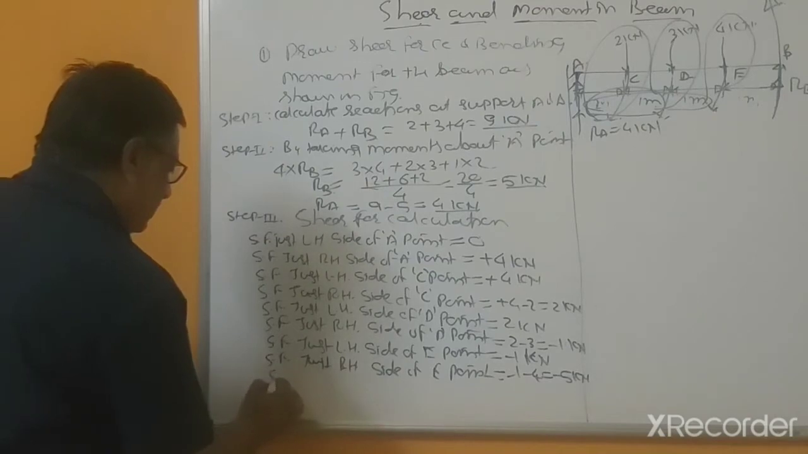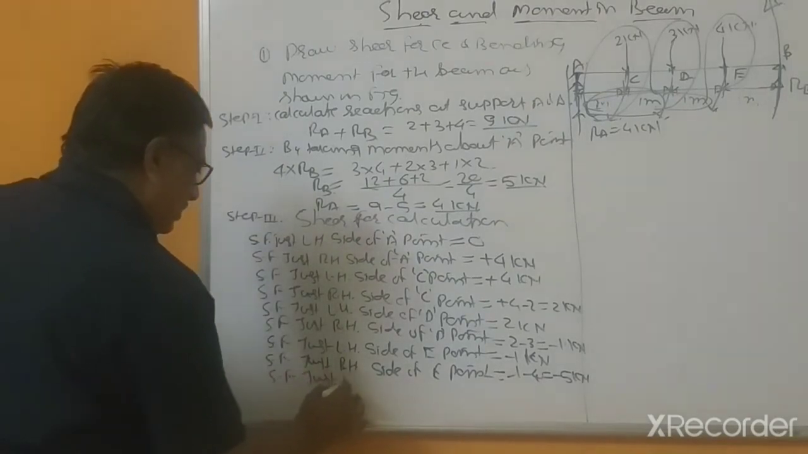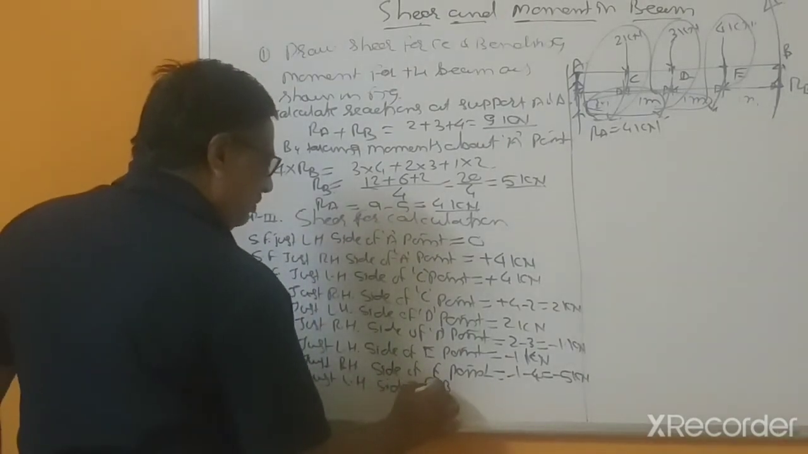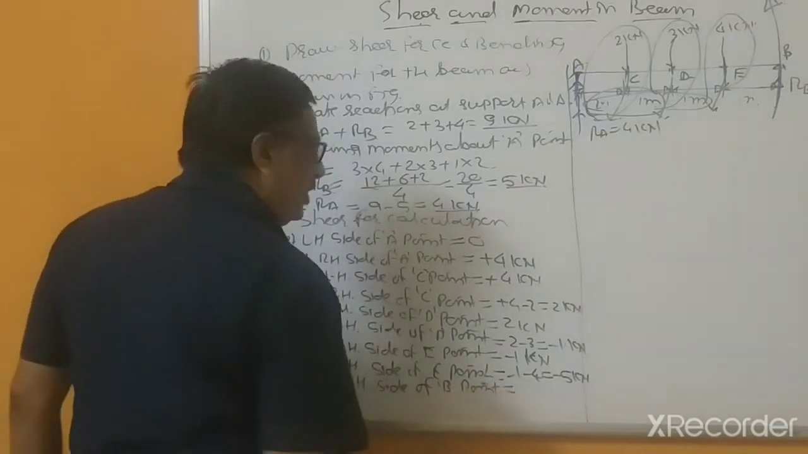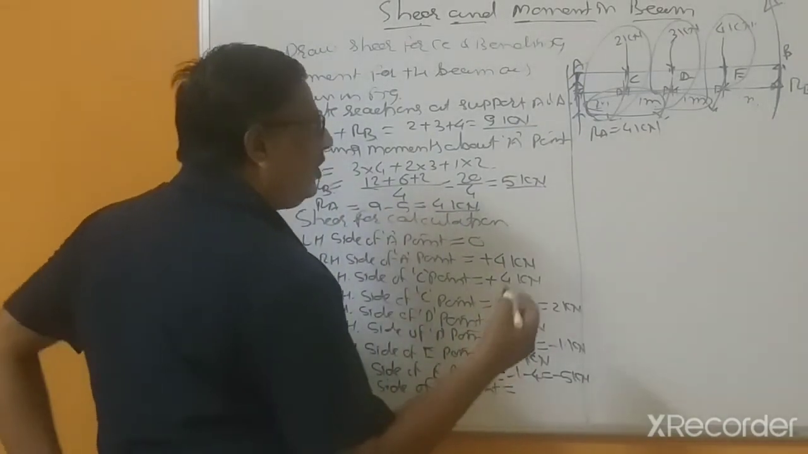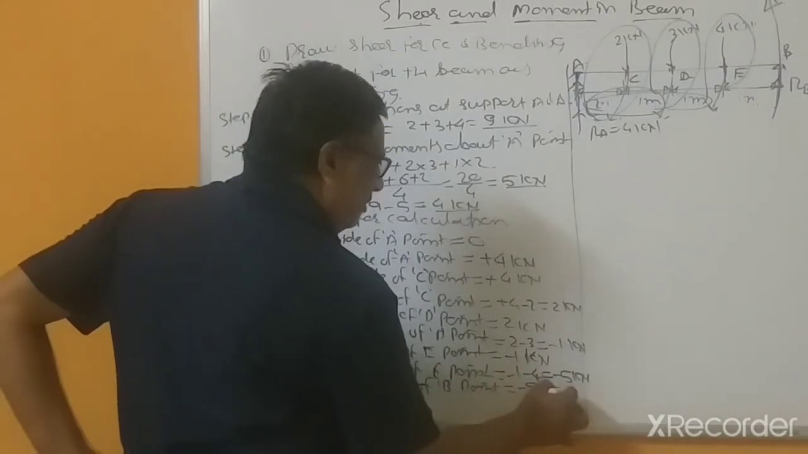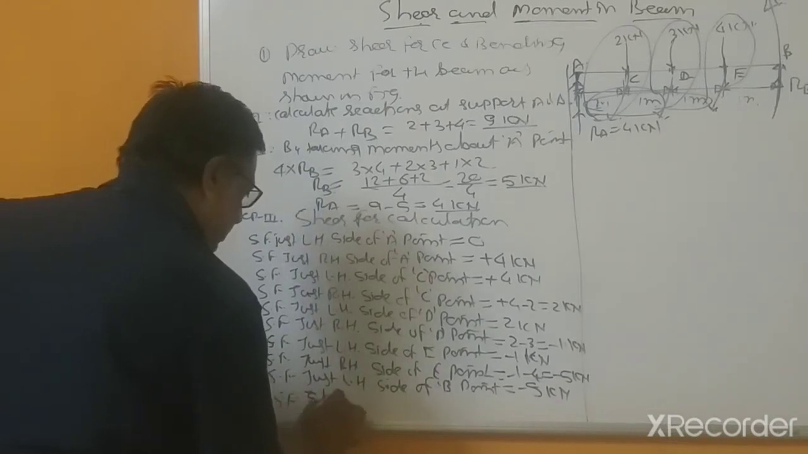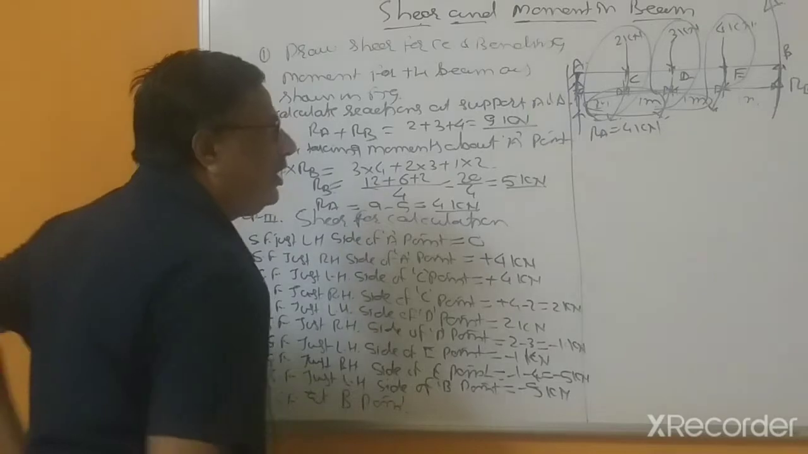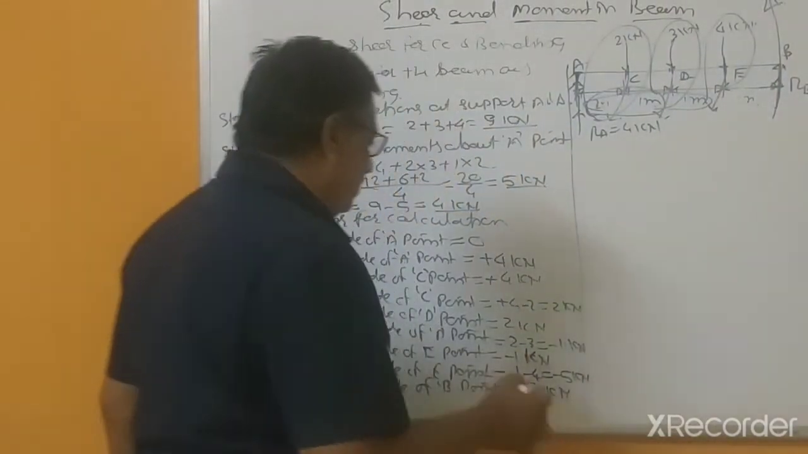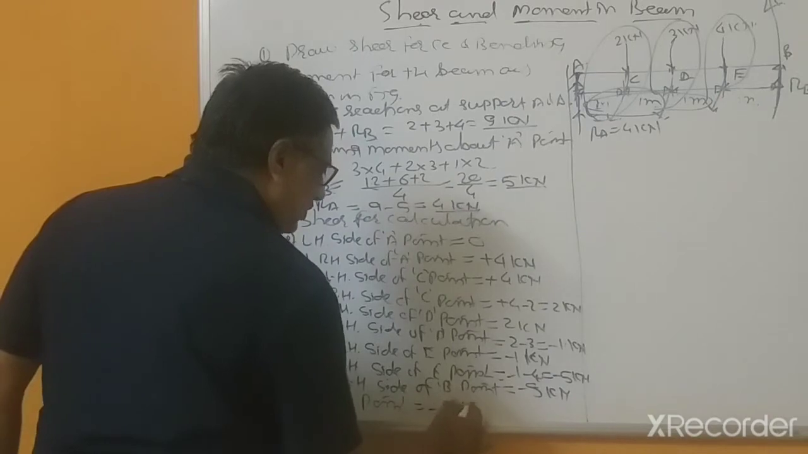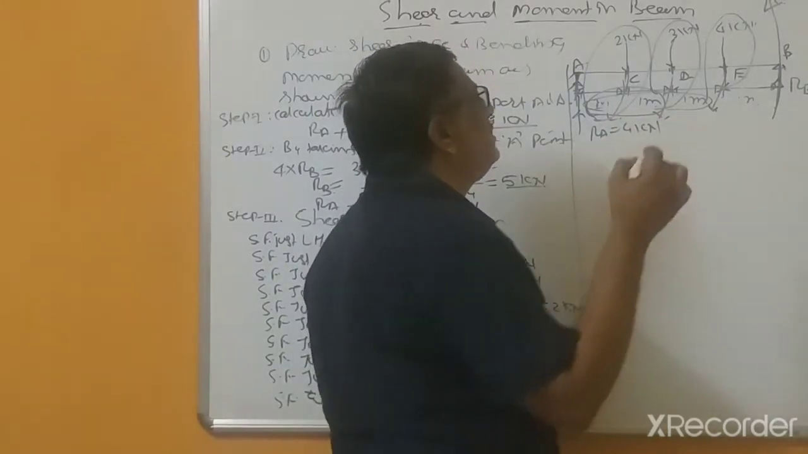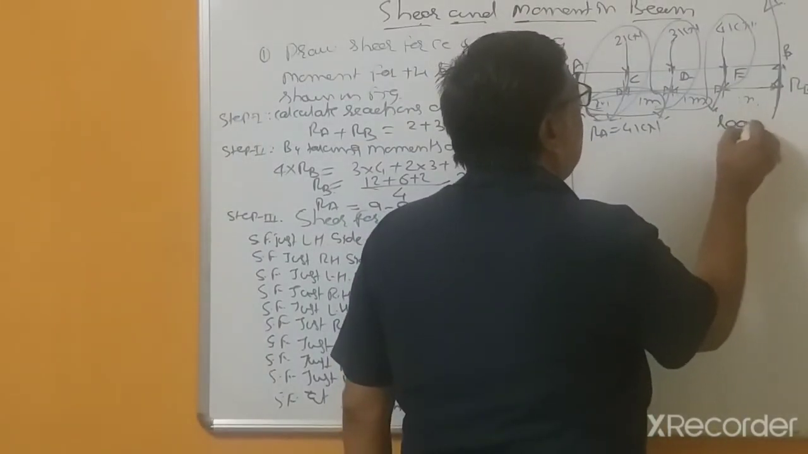Now shear force just left hand side of B point. At B point it is minus 5 kilonewton because there is no force, and shear force at B point. At B point now RB is an upward force, so minus 5 plus 5, this is equal to 0. Now these diagrams are called the load diagram,